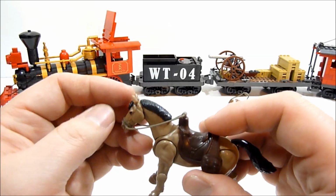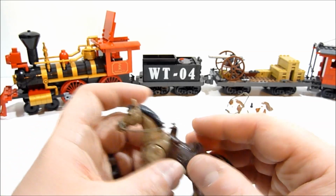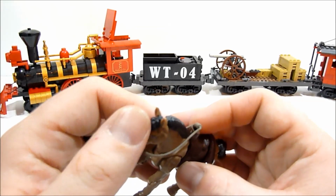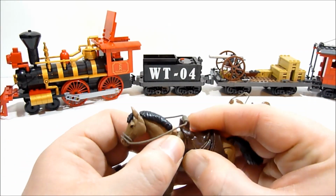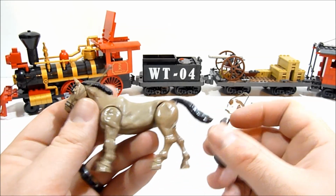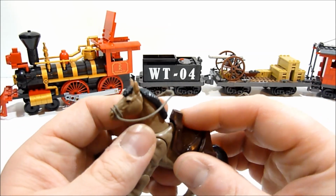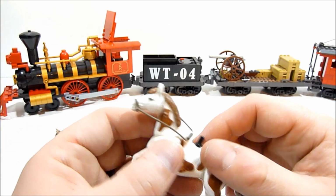All the hair pieces can come off, so if you want to change out the hair color of the horse, you can do that. The mane and tail, even the little bit on the head, is also changeable. The saddle does come off as well. You can see it's got 2 holes right there. So you can ride bareback if you so choose, which I have to do on this horse, unfortunately,